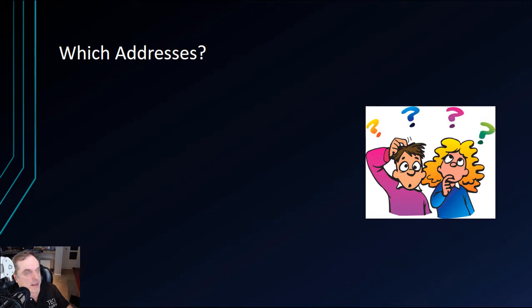So which addresses can we use for this new internal routing type of scheme? Well, it's not new anymore, but it was new back in the early 90s. We've got the block that we see here, 10.0.0.0, which we used to refer to as a Class A block, but now we're using a lot of what's called classless IP addresses, which we talked about in a previous video.